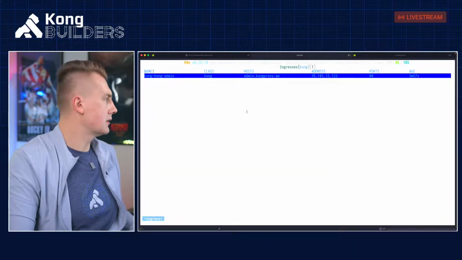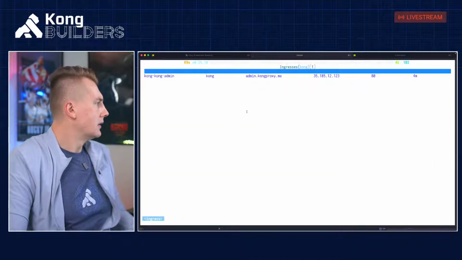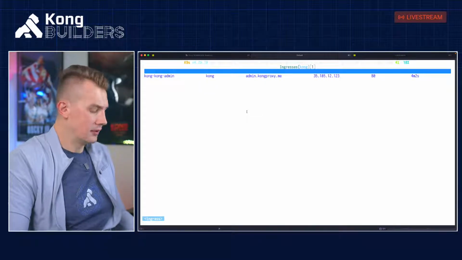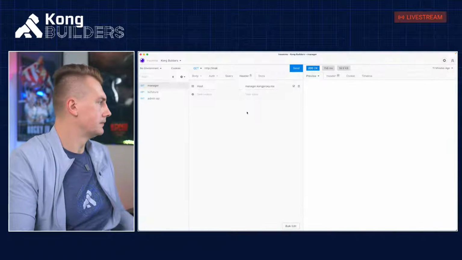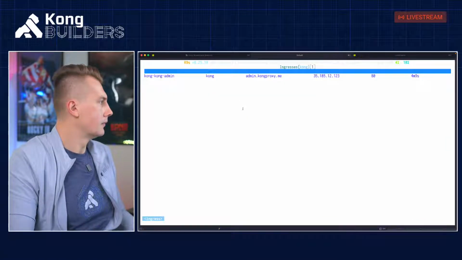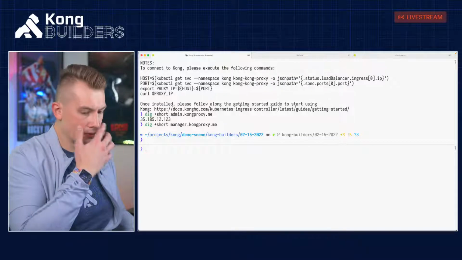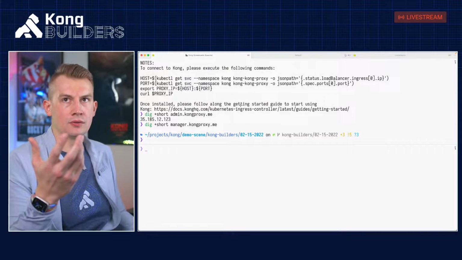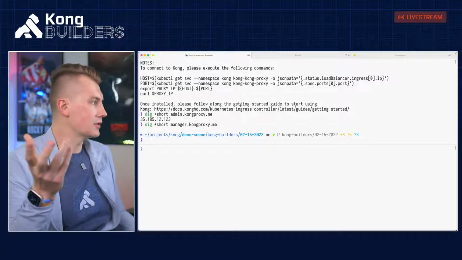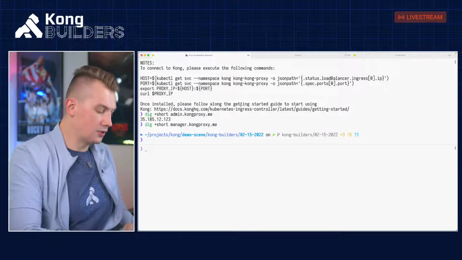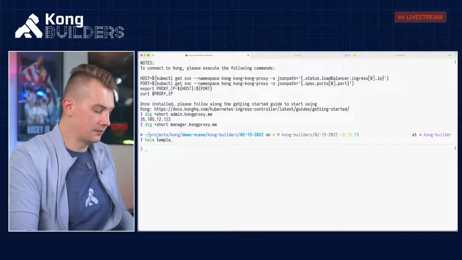So let's take a look one more time. Conk admin, maybe it was created in a different namespace. No, it would create this here. So another way to see what is going on is to run helm template.